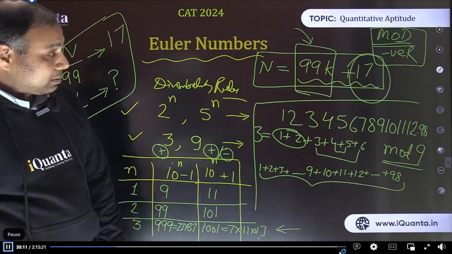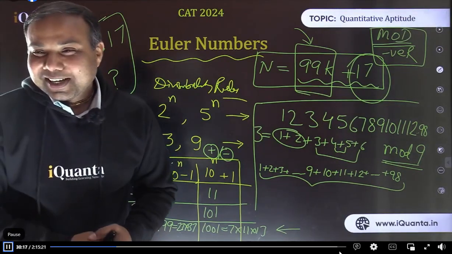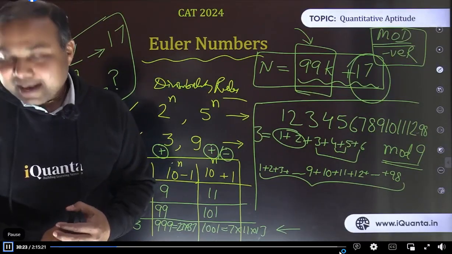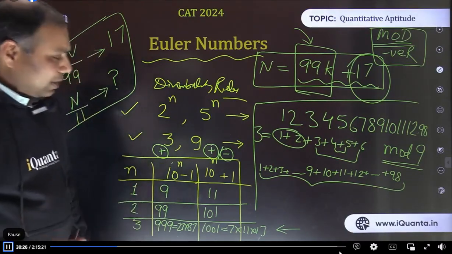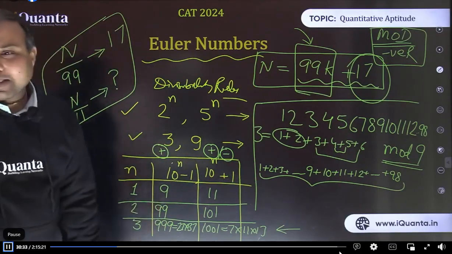Is it okay? By the way, the answer was 6, right? 0 will come, yes, 0. 0 is the right answer, not 6. This time 0 is the answer. So the important learning here is that it is not necessary that you always add single digits. Basically, make use of the other rules as well. That is the only point.